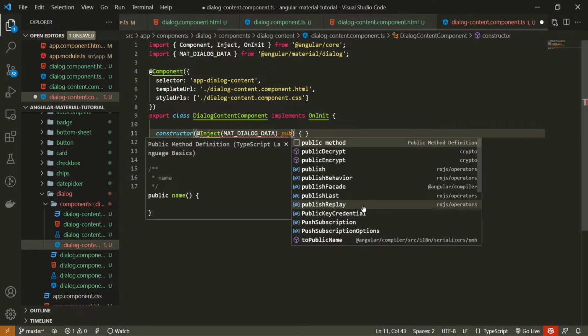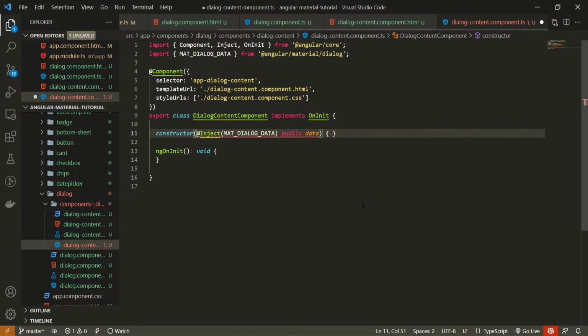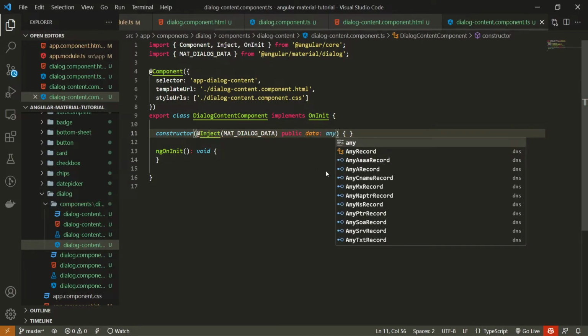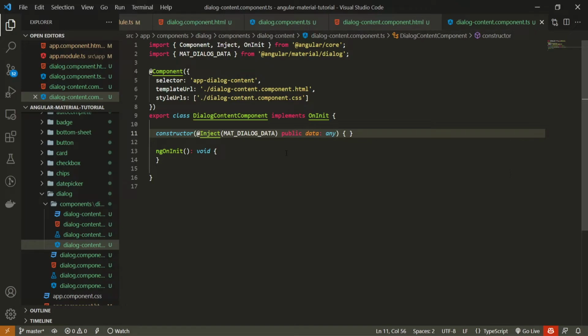Let's make a public property of data, and that's pretty much it. If you are getting an error related to the type here, we can just set this to an any type because it is not important for this particular tutorial.